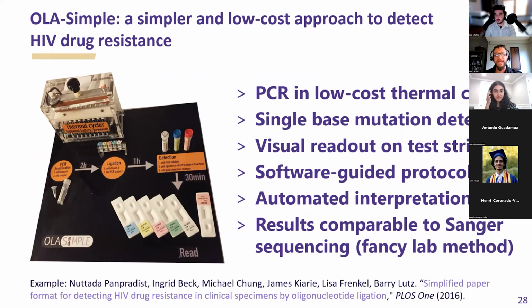It's essentially taking a really big, long, difficult, technically complex experiment, like a molecular biology procedure, and turning it into a simple kit with pretty simple instructions. So everything that's in the kit is shown on the left. Most of these reagents don't have to be stored frozen. Some of them are refrigerated, but most of them can be stored at room temperature,